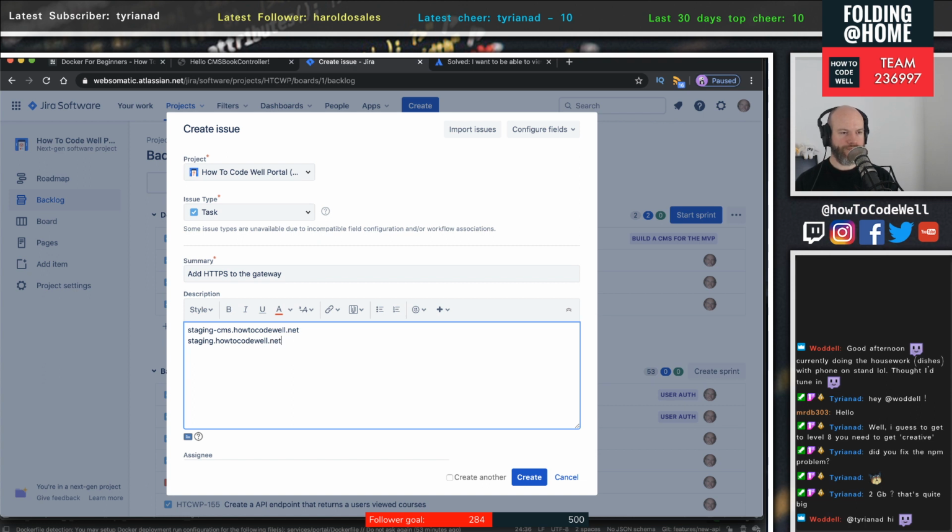Staging.howtocodewell.net. These need to go behind, and actually, yes, that's fine. Both need to go behind HTTPS. Now, the gateway is an interesting one because essentially,